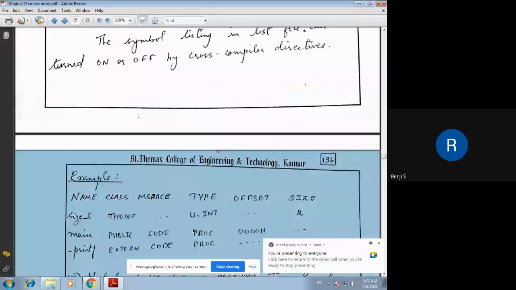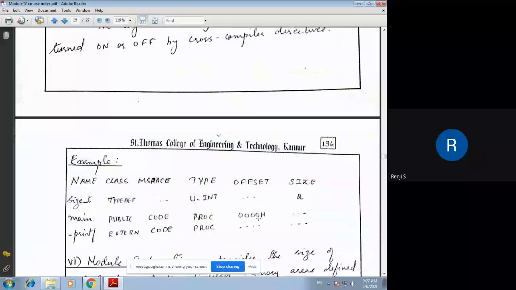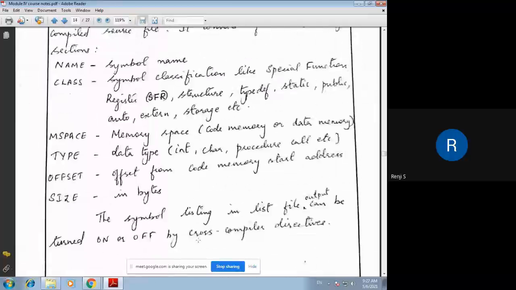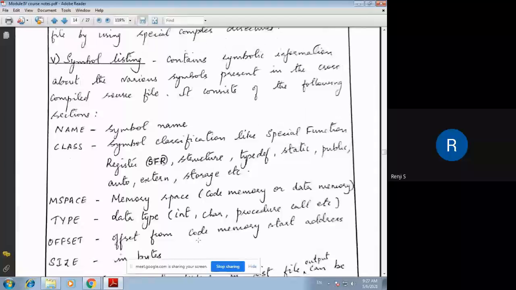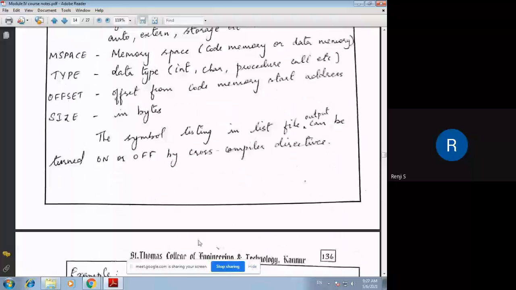Then its type is procedure. Then its starting address, the offset address, is 00h, and size is undefined because it's a user-defined function, it's not a predefined function, so its size is undefined. So this is the simple listing section that we get from the list file generated as a result of cross compilation.